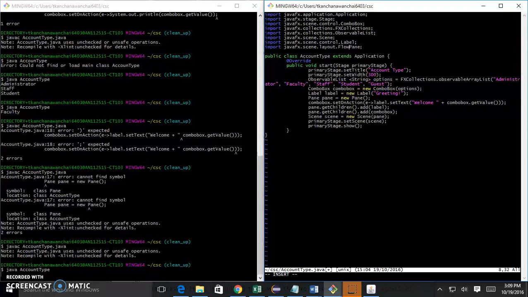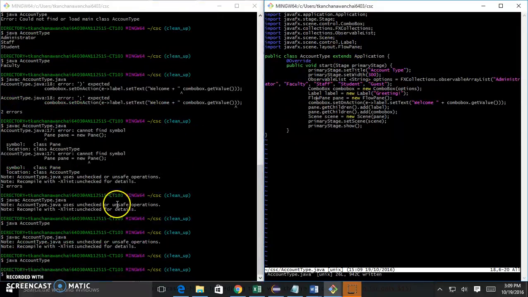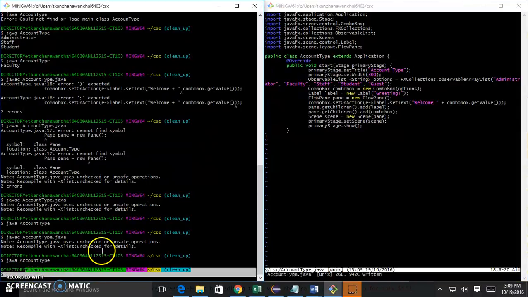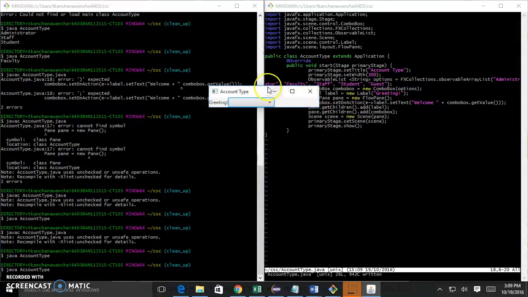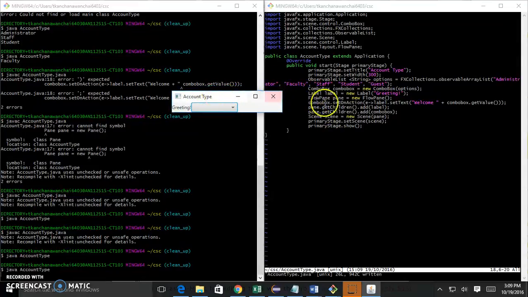So we're going to use FlowPane. It's going to act as a flow instead of stacking. And we're going to recompile. Because by default pane is like stack, on top of each other. So we're going to use FlowPane instead. So you may see now we have greeting, which is the label being added first, and then we add the combo box. When we switch, it's going to say